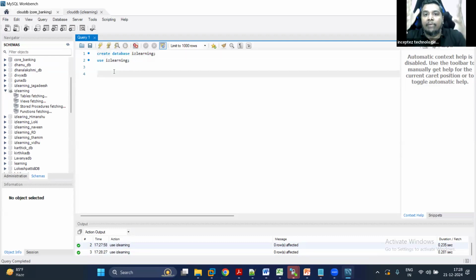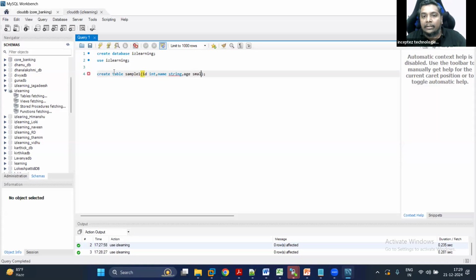A table is a container of all the data set. It's a collection of data in the form of rows and columns. So I'm going to create a table structure. Create table sample1, with brackets open and close. With the column name and the data type, I'm going to mention ID integer, name string, age as integer,